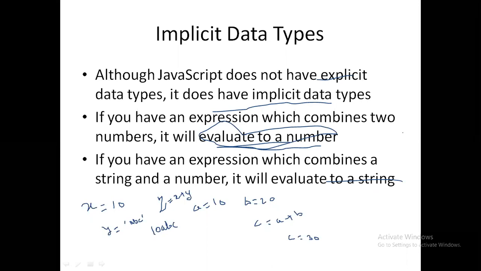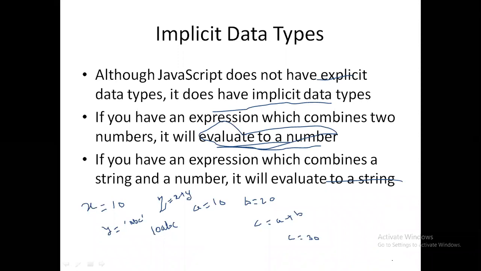Based upon the data you are using, you're going to get the results accordingly. So the first line says that it doesn't have explicit data, it only has implicit data. Implicit data means whatever operation you perform, based upon that operation you will get that particular result. For example, if I'm adding two numbers, I'll get a number. If I'm adding strings, I'll get a string. If I add a number and a string, it will give me a string as the answer.